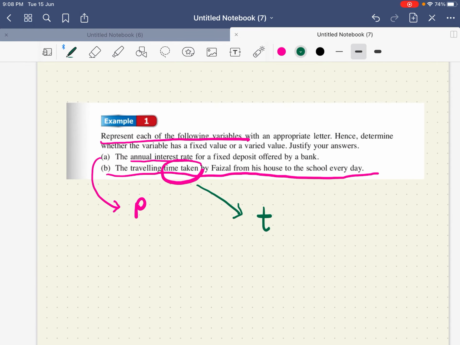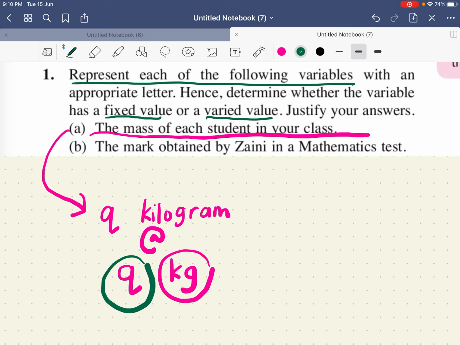Kg ni not variable, it is kilogram unit. Okay, so our variable here is this one, Q. Our variable sebab kita unknown, kita tak tahu. Okay, kita tak tahu berapa. Unless you tahu, you hafal. Kalau you tahu, you hafal, itu bukan konsep variable lah. Okay, and then